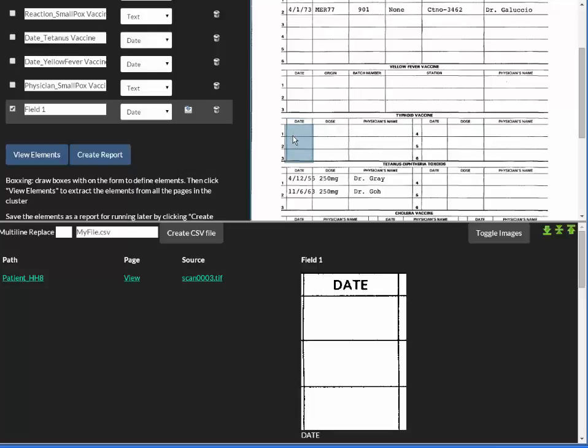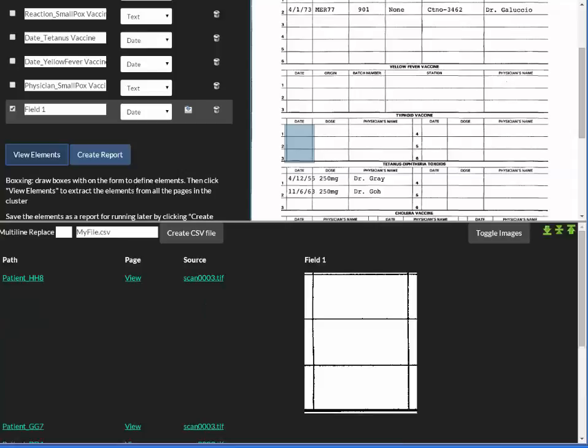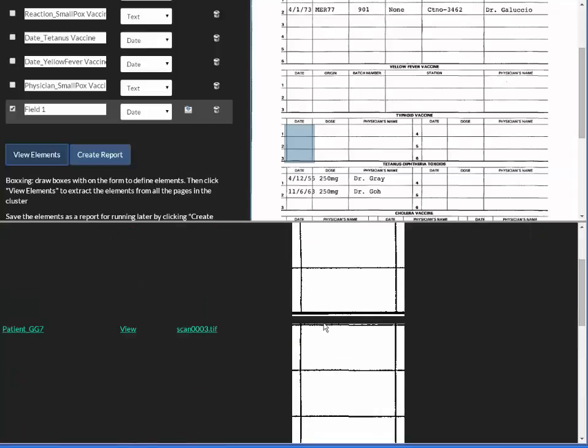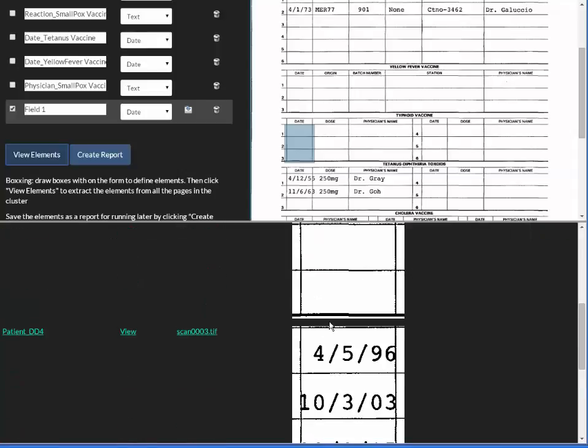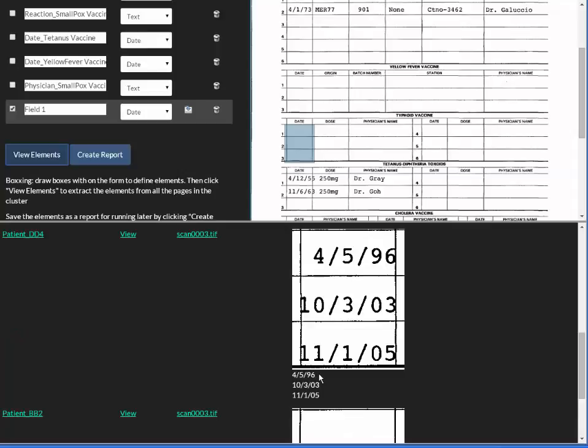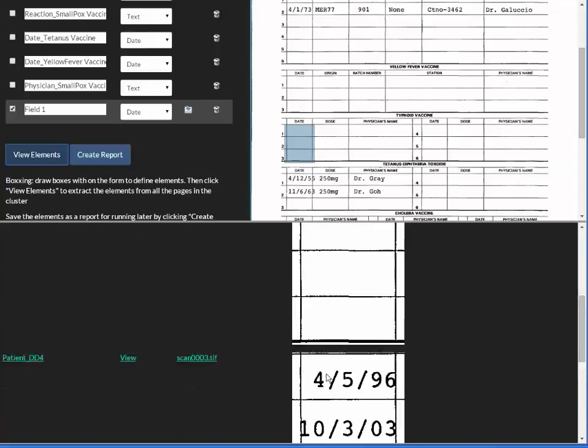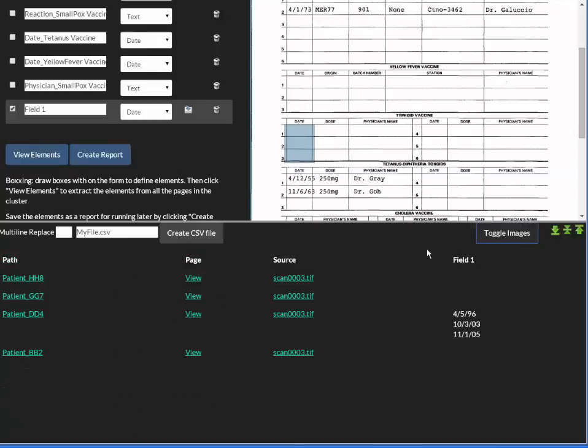We also would like to get rid of the date text, so we get rid of that by sliding it down and then moving the box over. And this gives FormBoxx a little more room to play with. And because of that, it actually knows that it can get rid of that long line and individually pull out the correct text elements. We can toggle the images, which then leaves us a very nice beginning to a spreadsheet that has the OCR